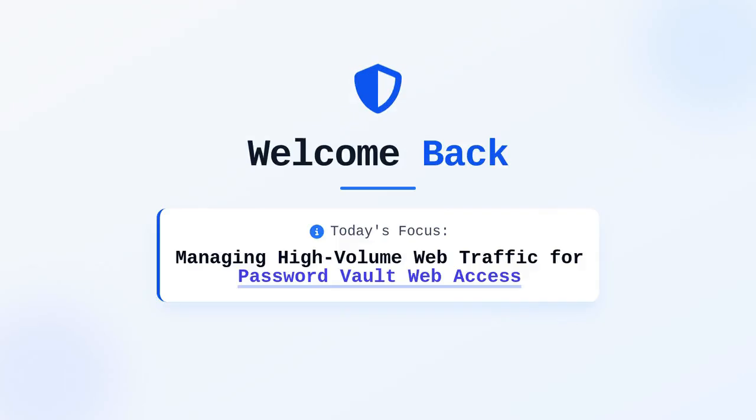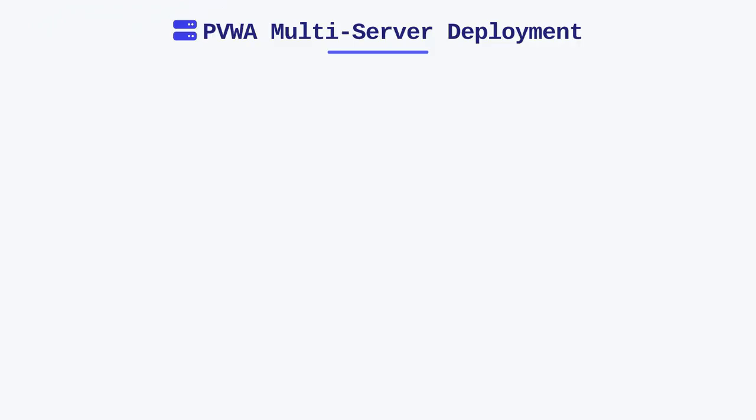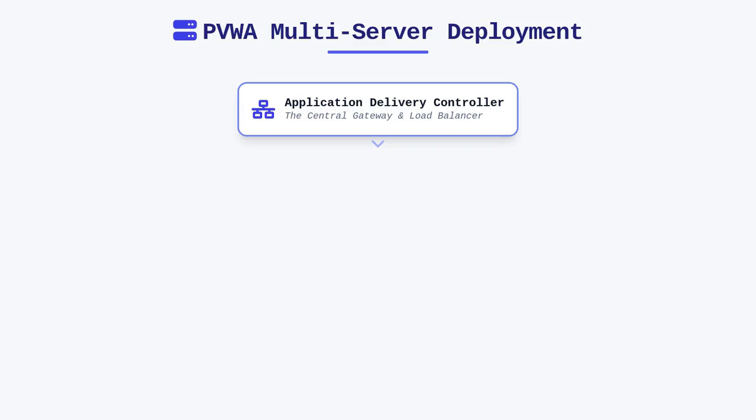Welcome back. Today, we turn our attention to the critical task of managing high-volume web traffic for your Password Vault web access environment. When we deploy multiple PVWA servers, the primary objective is to maintain high availability and consistent user experience across the infrastructure. A robust application delivery controller acts as the gateway that effectively distributes incoming requests across your